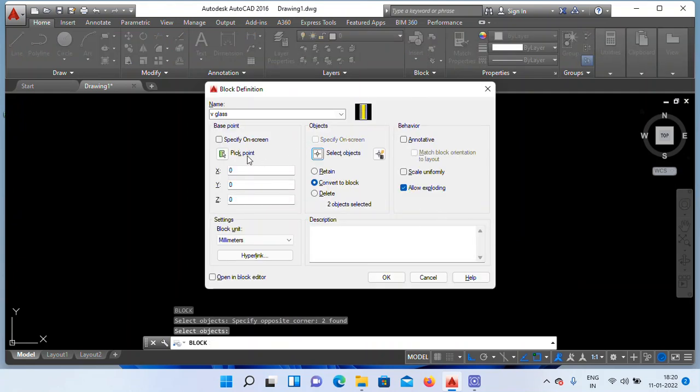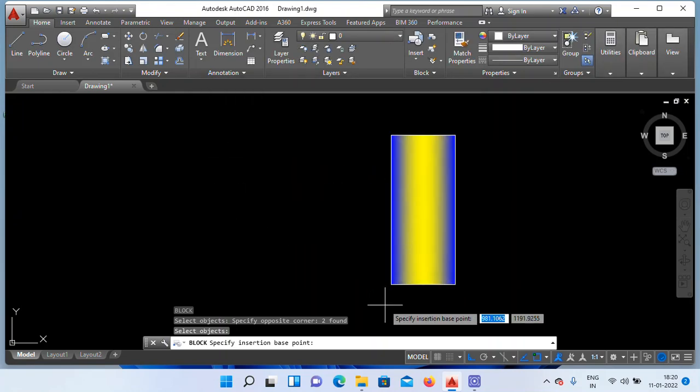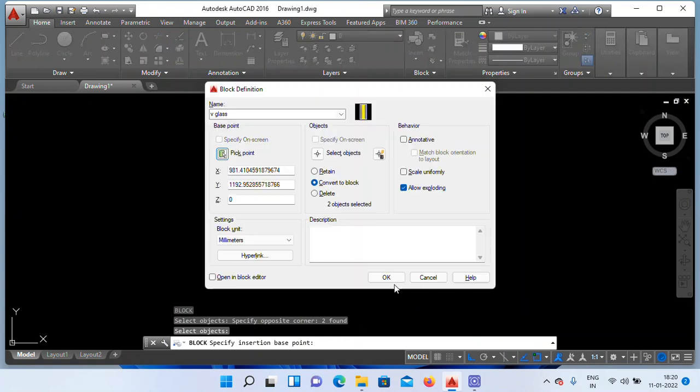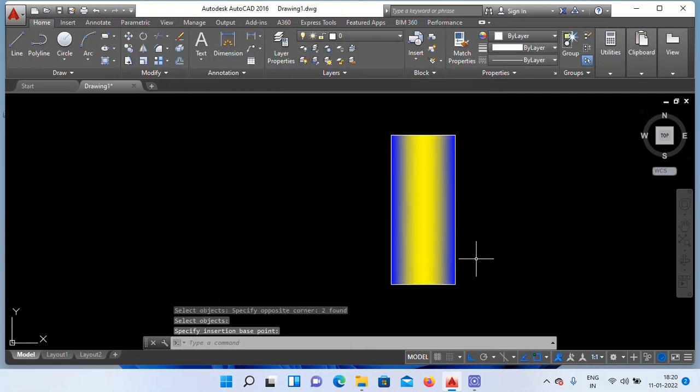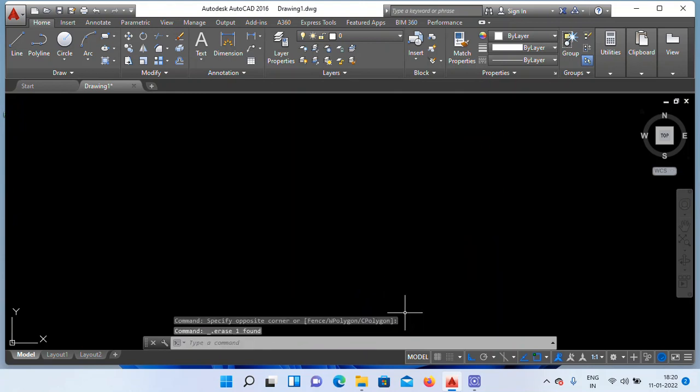Click on Pick Point. Click at the edge of the object. Click on OK. Delete the object. Right. Three objects are stored in the safe location.